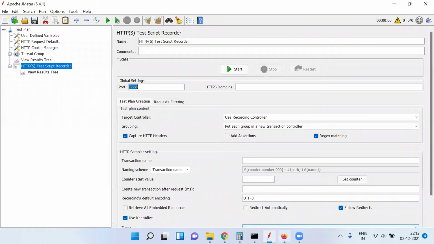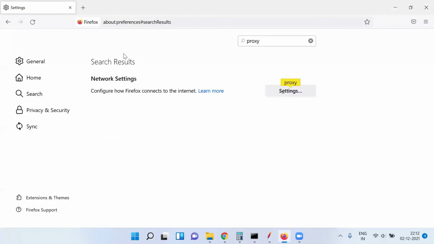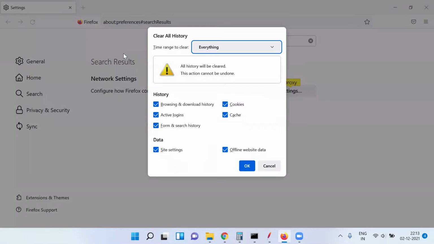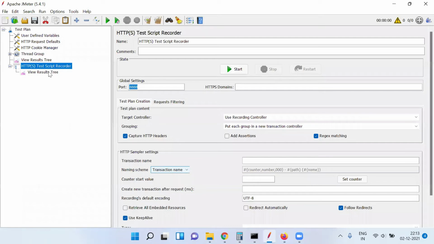Now if I go to the website, make sure before recording the script you are deleting cookies, caches, and histories, and now click on the start button if you want to record your script. Now here I would like to